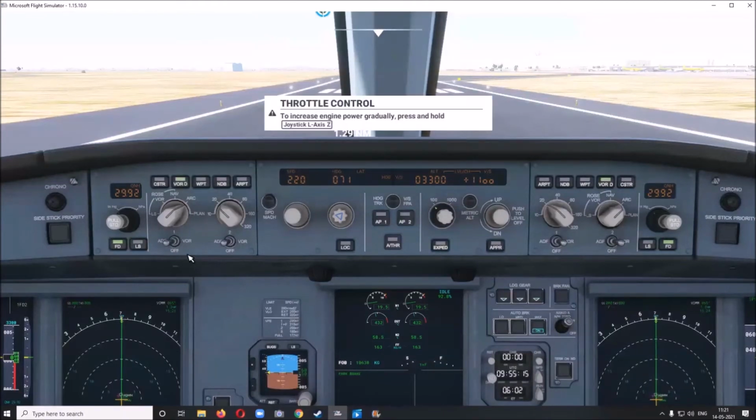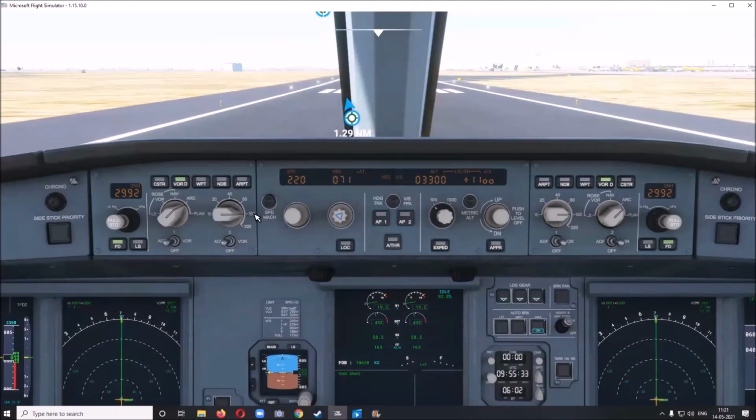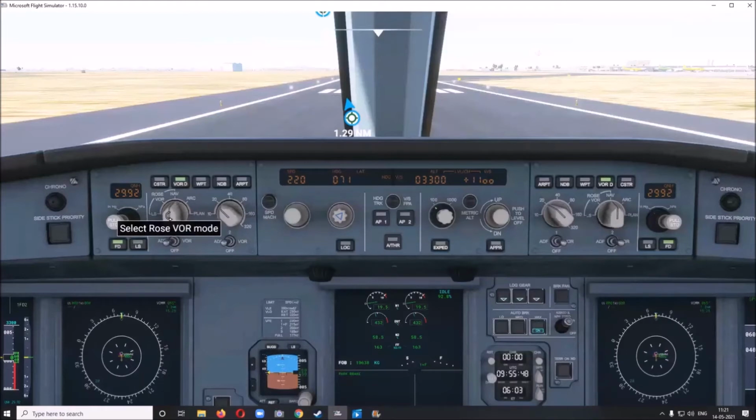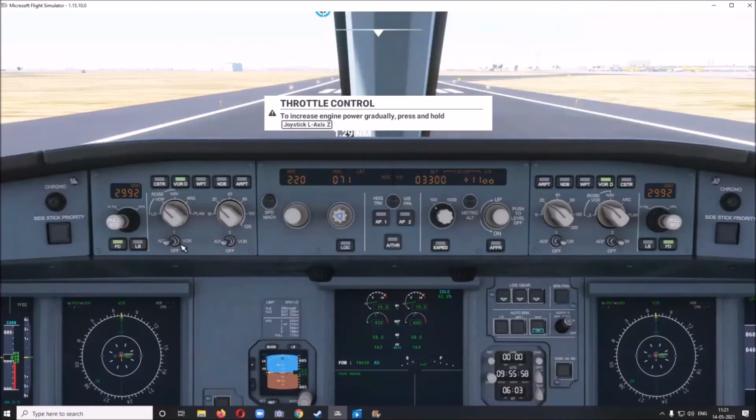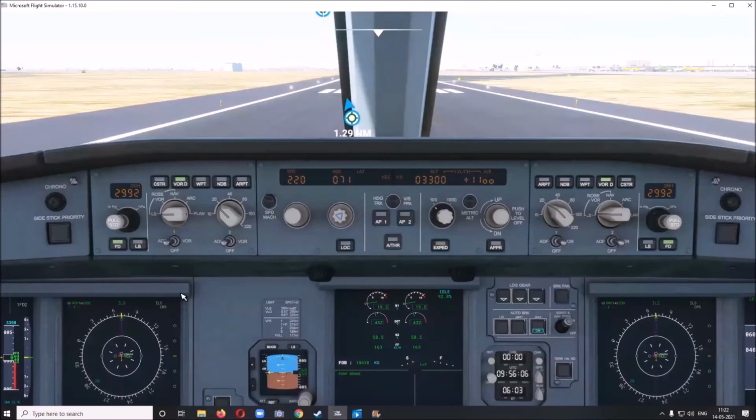This panel here is for the display setting. You can set the display. For example, this is now 40 nautical miles, the range. And this is 180 nautical miles. This one gives the various views of the navigation display. Now for landing, this will be the display we'll be using for the landing.